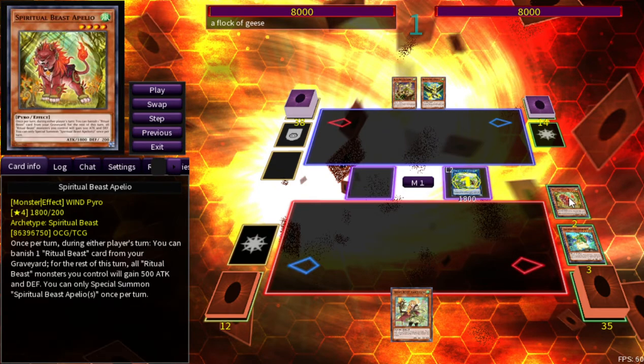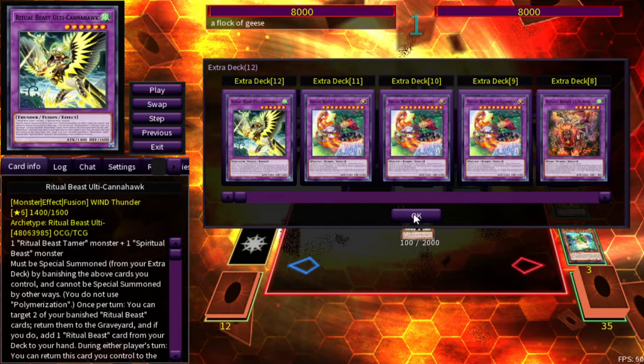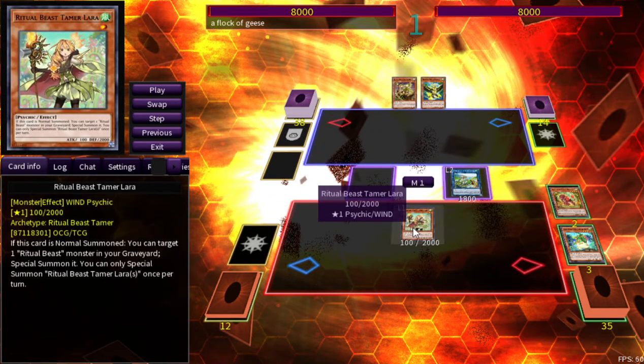So we're going to go ahead and banish the Apaleo. Again, thinking about those resources, we haven't special summoned it yet. And we're going to go ahead and go for the normal summon. We searched this Laura, by the way. I don't think I mentioned that, excuse me. So the Kanahawk tagged itself out to search a Ritual Beast card from deck to hand. And that's going to be Laura because it special summons a monster from the graveyard, which is important because now